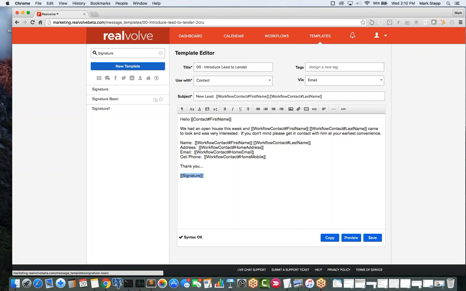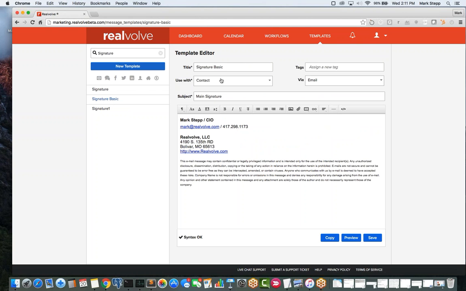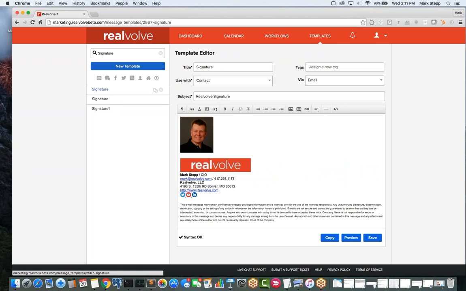I show this because what you can do if you get to a situation where you want to have a couple of signatures and keep track of them is come in here and just rename. So here's a basic signature. It doesn't have any of my photos or anything. So I could come over here and rename this one to signature and save that. And then go to this one and maybe have this as signature photo,